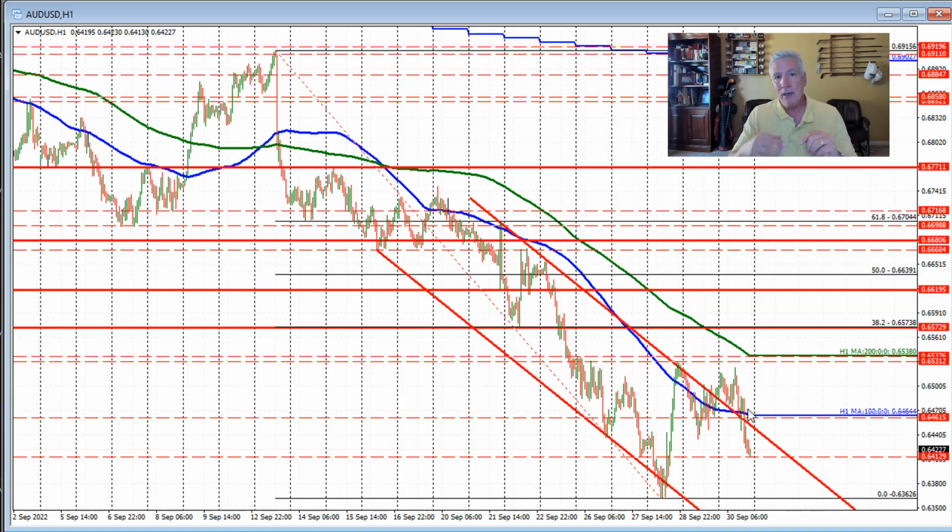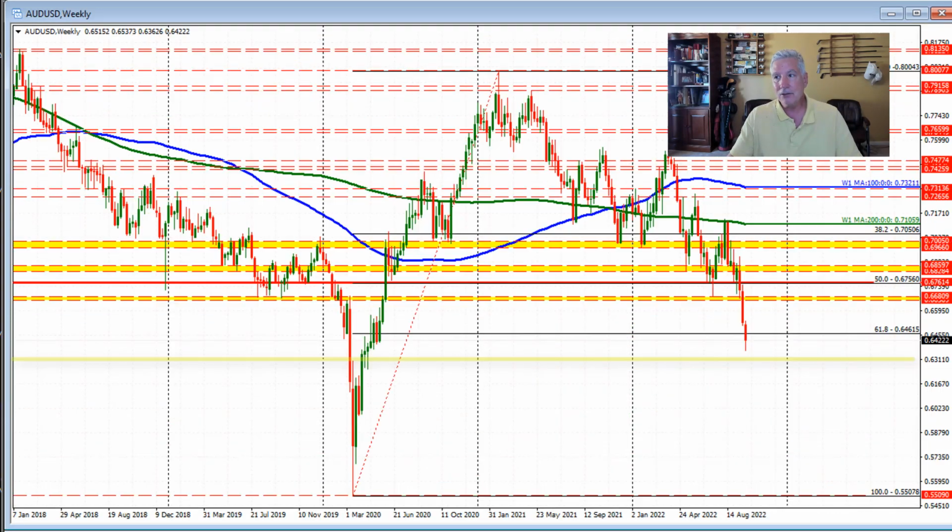The short term to the buyers with work to do. That work to do would be to stay above the 100-hour moving average in the 64.61 level. That's step number one. Step number two would be get above this swing area and also the falling 200-hour moving average. Those levels need to be broken and stay broken for the buyers to take control. Absent that, and it doesn't take a genius to look at the Aussie versus US dollar and see that the bias remains to the downside.